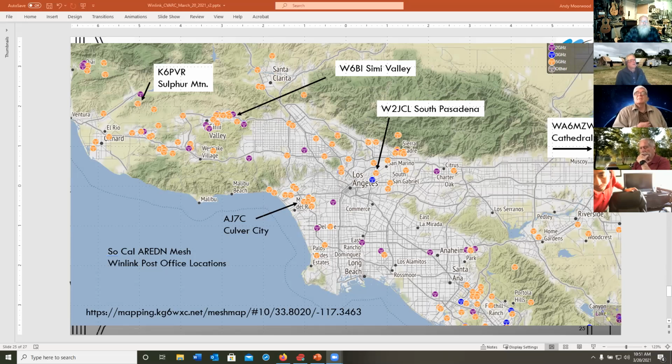For example, I'm here in TO. My access point is up in Rasno. From Rasno, they go direct. They can go over to, I think, probably Chatsworth, and then Chatsworth down to W2JCL. So you could cover probably 25 miles of distance with very high bandwidth and get to a post